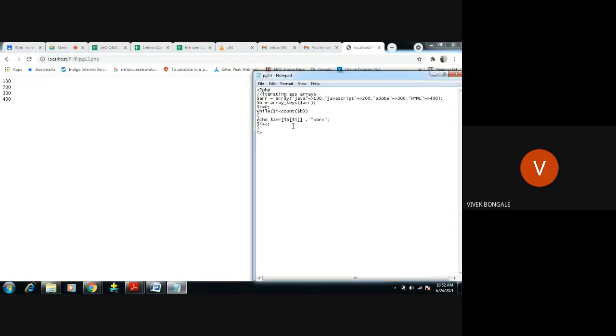You can see 100, 200, 300, 400, all these values we have got. The only difference between numeric and associative is that if you are using associative, you have to use array keys as the keyword, and store all those keys in one variable. Fine.